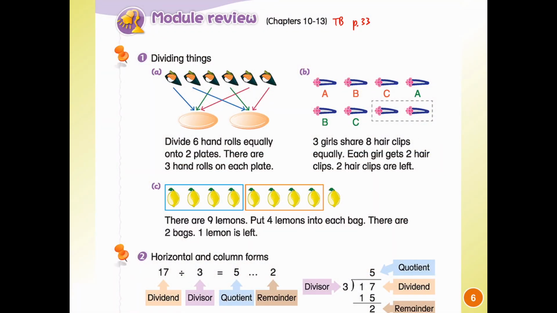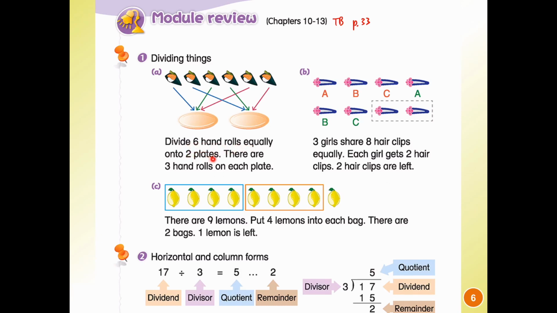So this is textbook page 33. We'll do a module review before we start chapter 14. So here we learn how to divide things from chapter 10 to 13. So let's say we have to divide 6 hand rolls